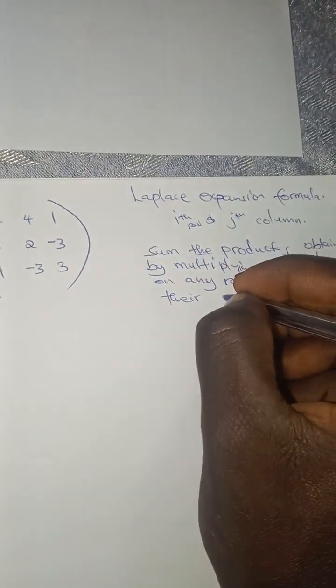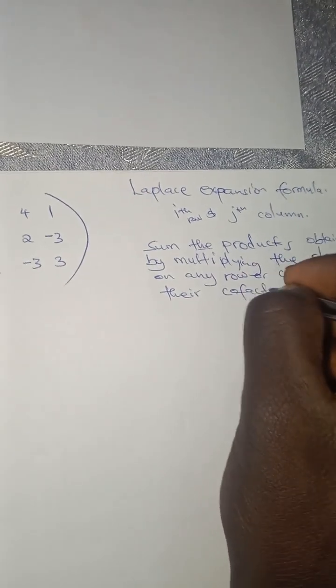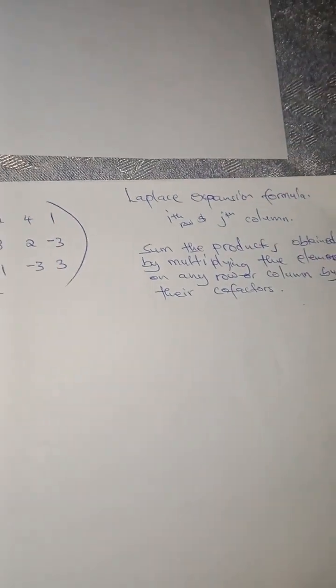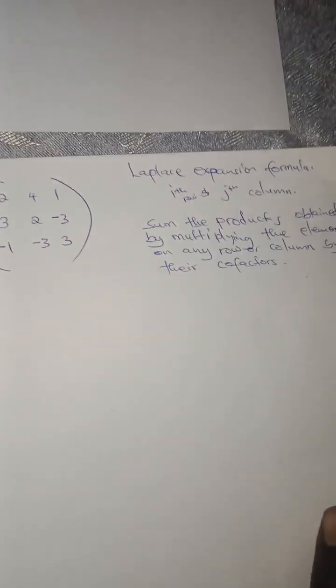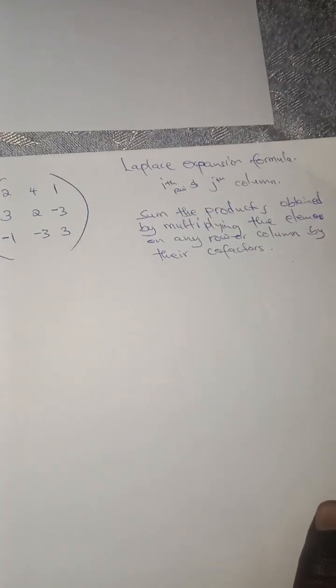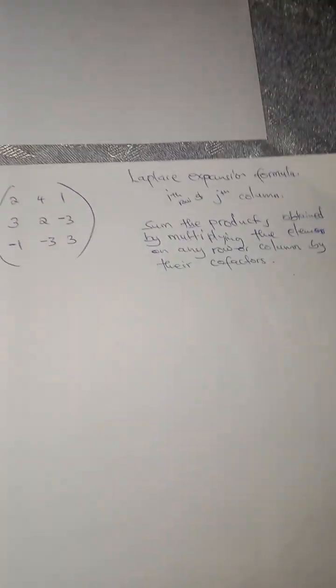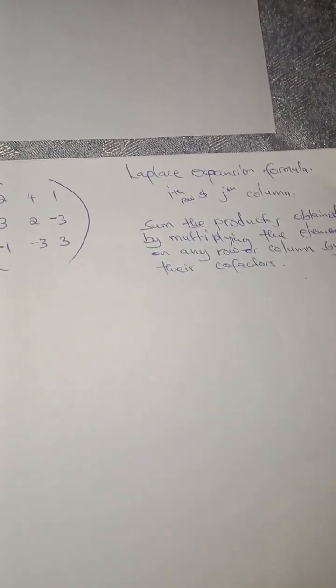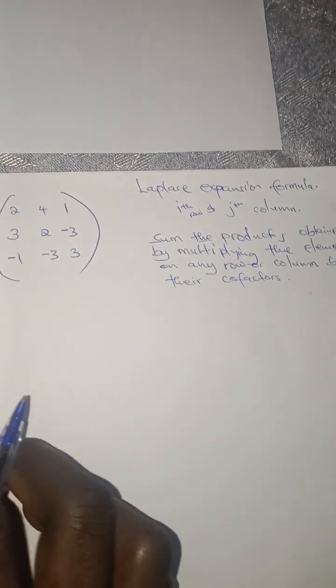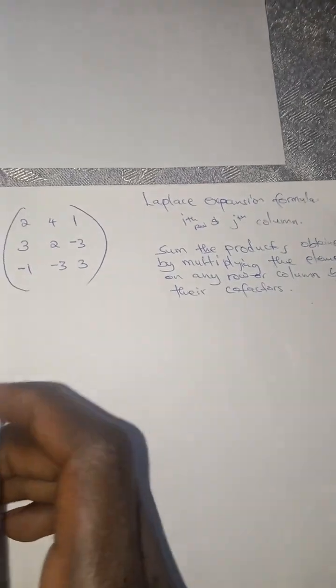It is very clear that in order to find the determinant of a 3 by 3 matrix by invoking the Laplace expansion formula, we are required to sum the products obtained by multiplying the elements. That is,